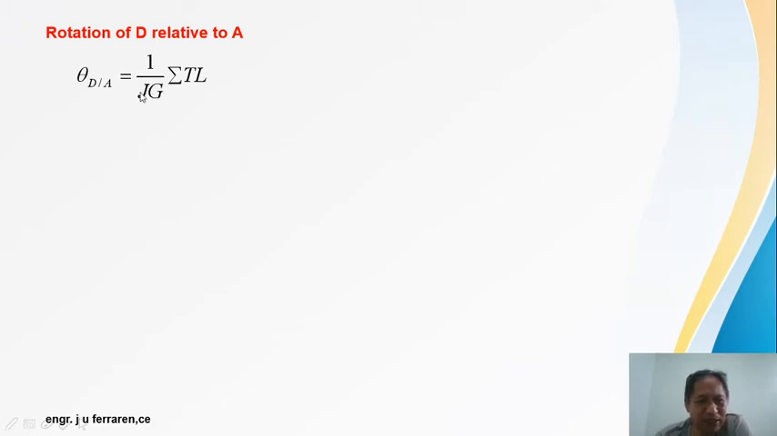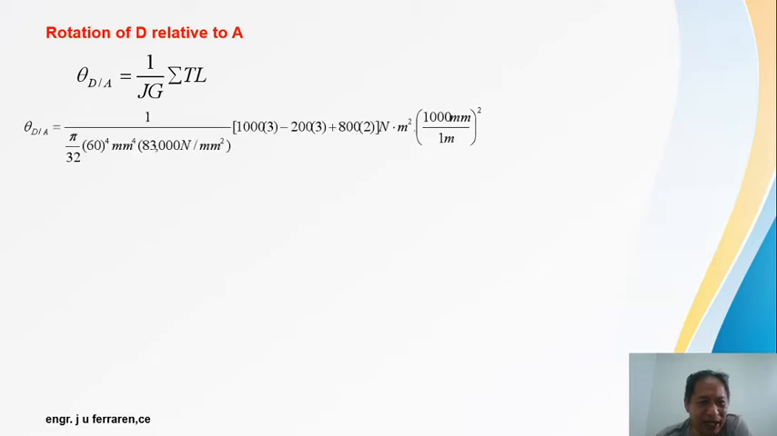Because these two are constants, what varies are only the torque per segment and the length. Correct? Okay, so with this, I can now substitute, and I take the summation of TL over JG. One over, what is this? This is for your J. This is J. And this is the given,